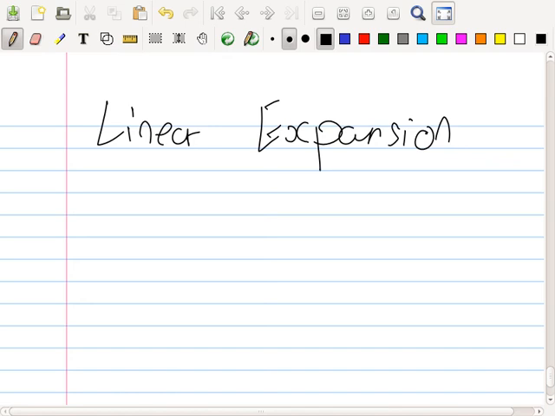I have here. If I make this hotter, does it get bigger or smaller? Bigger. Now, because it's a straight line, you call it linear expansion because it only expands this way. Yes. In one distance, it can change shape only in one direction. Correct. This is called linear expansion.